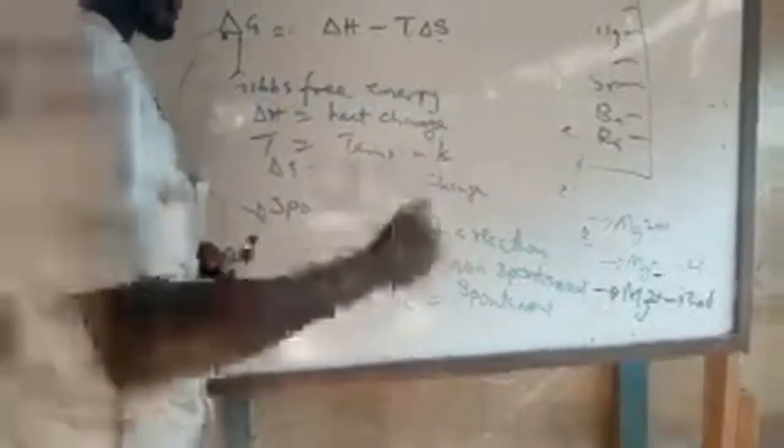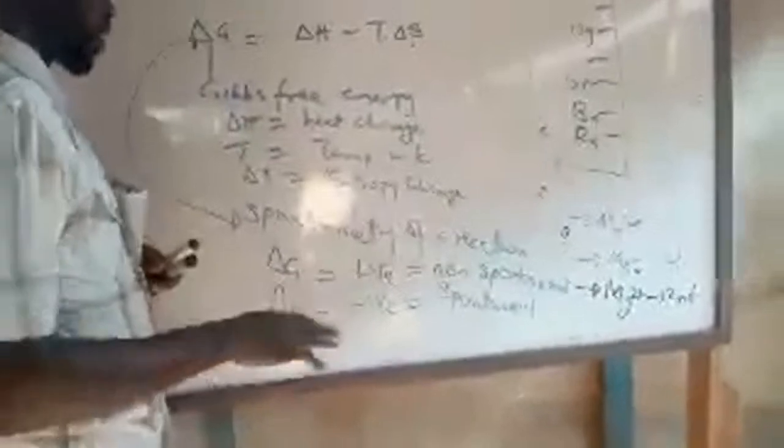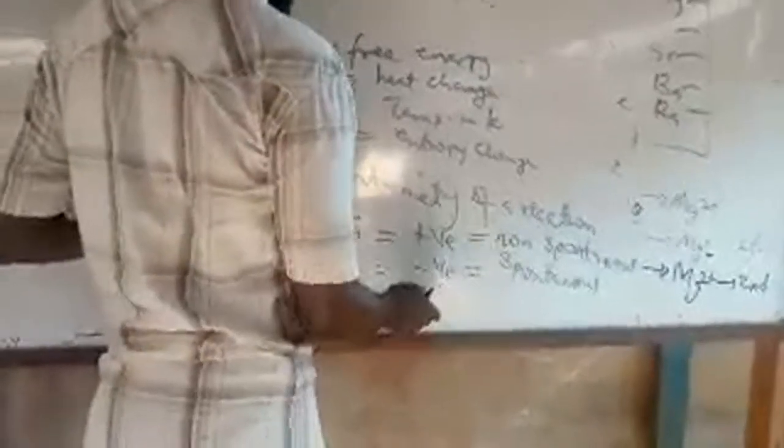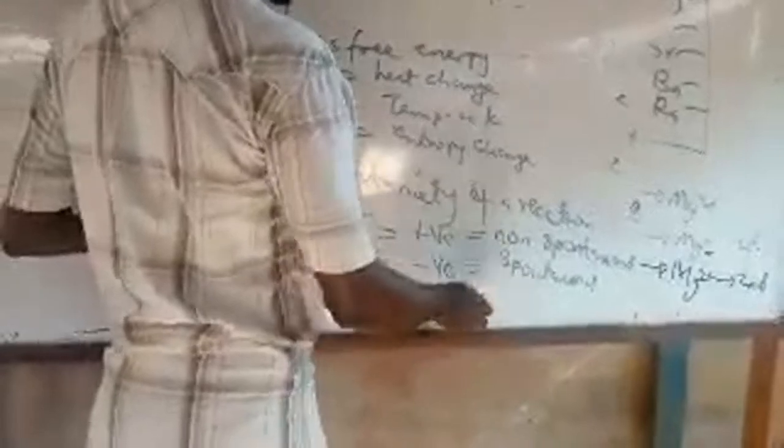For something to proceed and the rate are not the same. So when free energy is negative, the reaction is spontaneous. Then when free energy is actually 0, it shows that for a reversible reaction, it is at